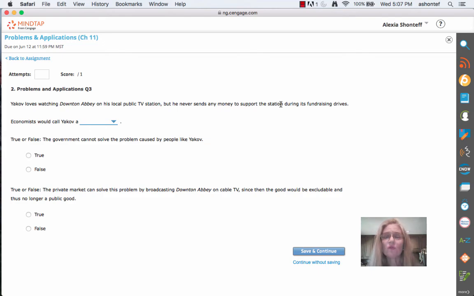So as far as what can the government do about it, which is what the next question is asking you, the government can do something about it. And ultimately what generally ends up happening is either the government will end up providing the product themselves, or they will subsidize the product in some way.